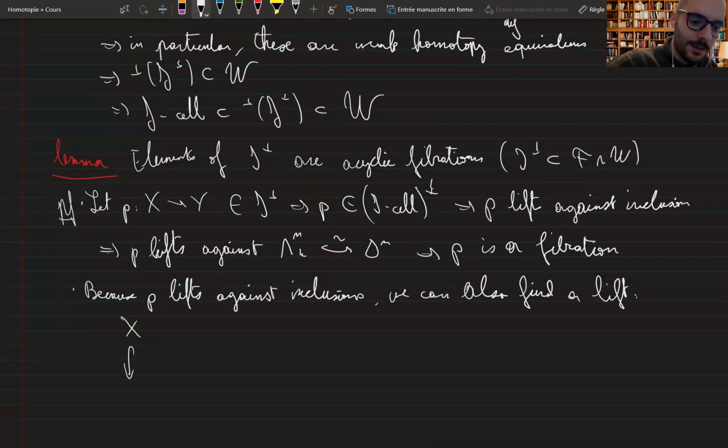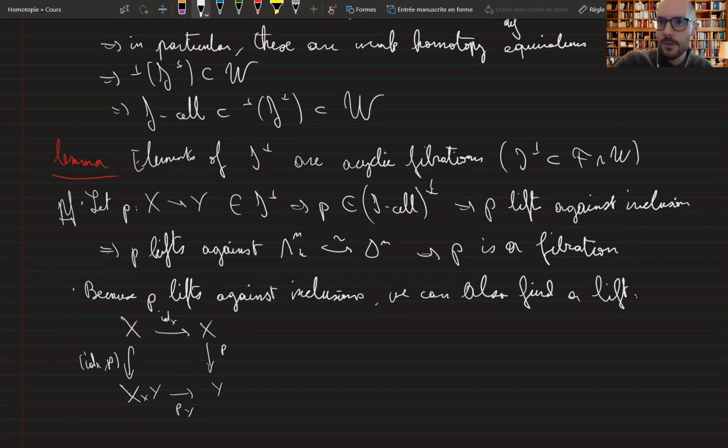So you take X and you embed it into X cross Y, using this map. All right, this is clearly an inclusion. Here you have X and the X. Here you have the projection on Y. And here you have P. And this diagram obviously commutes, all right? But because P lifts against inclusions, and of course this is an inclusion, you can find a lift here, let's say L,